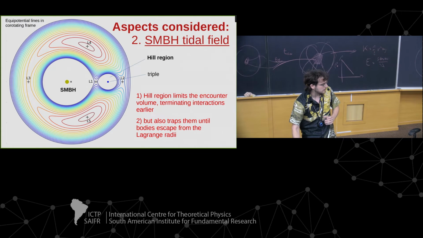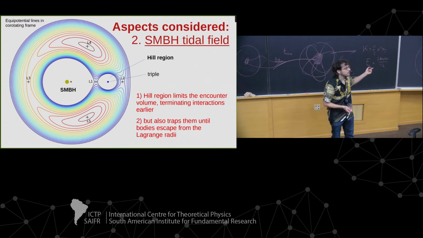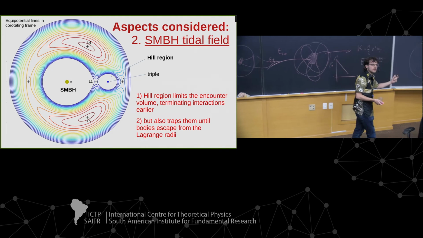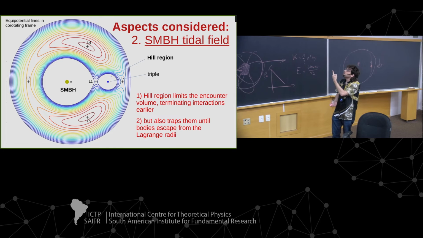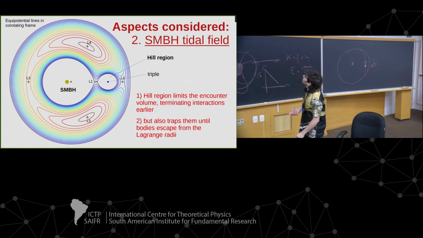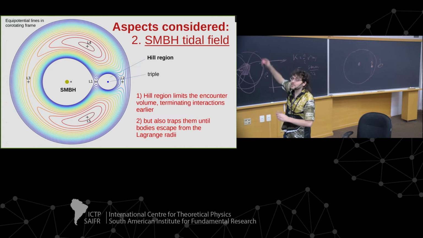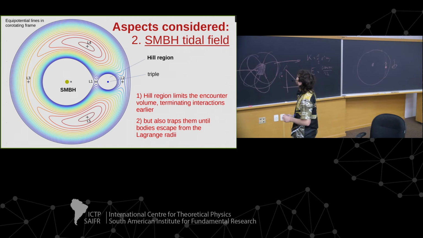aspect is that these black holes are not in isolation. So this is not like in a star cluster, where there is no tidal field around. We have a supermassive black hole that is totally dominant in the system. So this is the classic equipotential lines for the three-body system, the restricted three-body problem. You can simply imagine that you have a supermassive black hole. There you have a triple that is interacting, but this triple is bound within this Hill sphere, as it is called in planetary physics. So the region where these bodies are protected against the tidal field of the supermassive black hole.